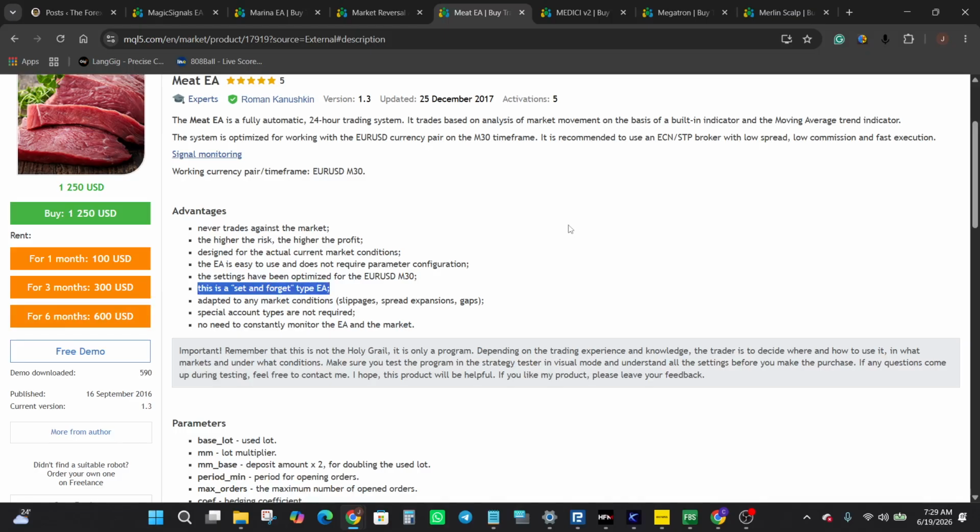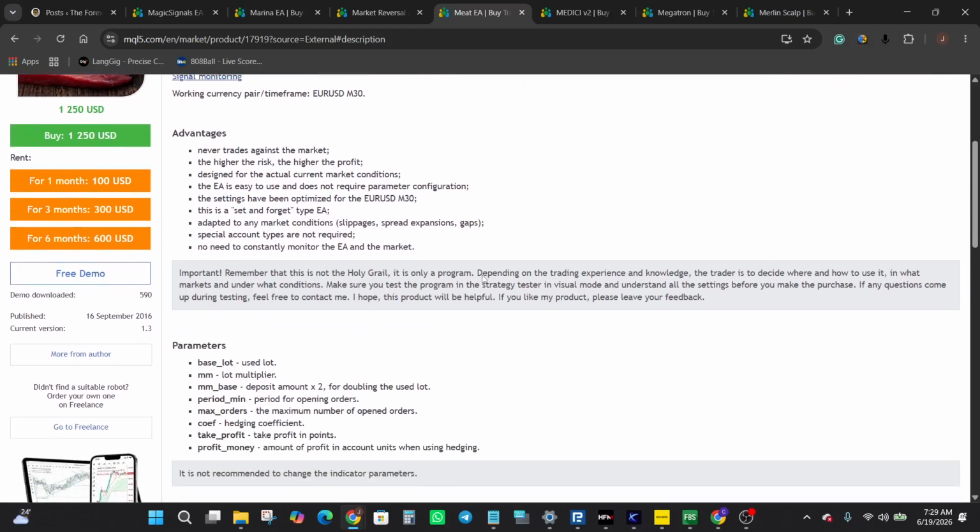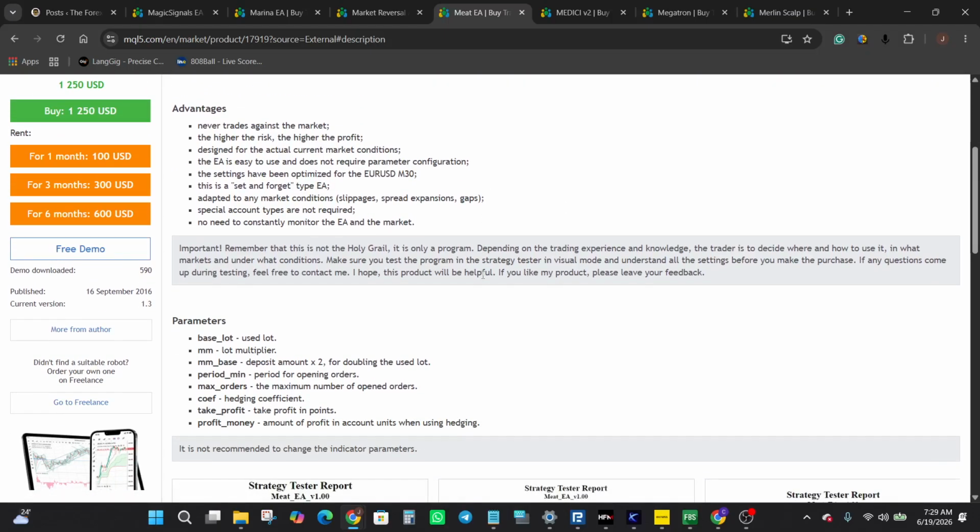As we move into the settings section, we can see parameters such as base lot size, lot multiplier, deposit based lot scaling, order timing controls, maximum open orders, take profit settings, and profit targets when using hedging functionality. The developer also specifically advises against changing the indicator parameters, suggesting that the provided configuration has already been optimized for